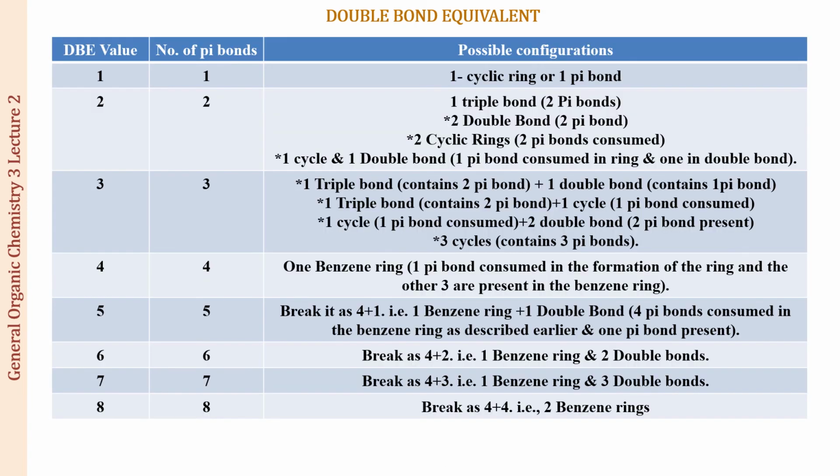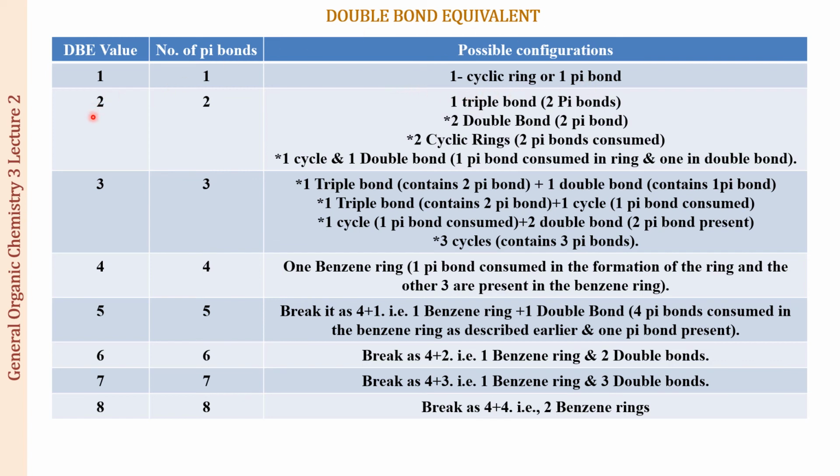So with this, I just end this lecture actually, but here I am going to give you two charts which are going to help you draw various possible structures. Looking at this chart, this is going to be helpful when you're going to draw any structure for various molecular formulas. So the dB value of this is 1. The number of pi bonds this means is going to be 1. The possible combination for the configurations is going to be 1 cyclic or 1 pi bond.